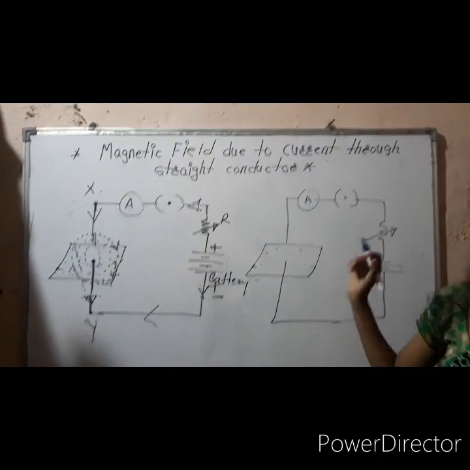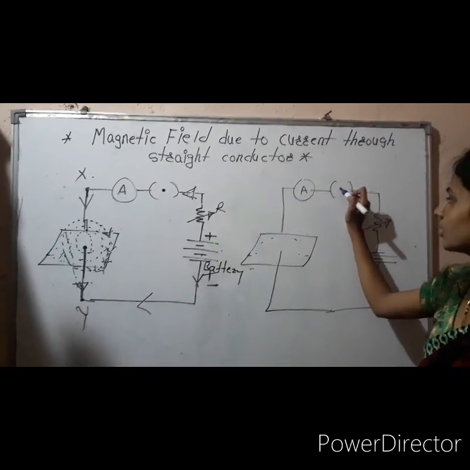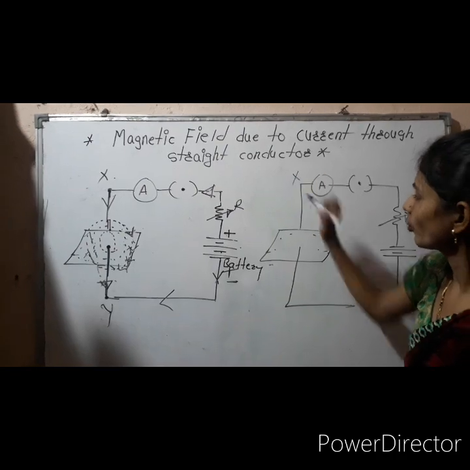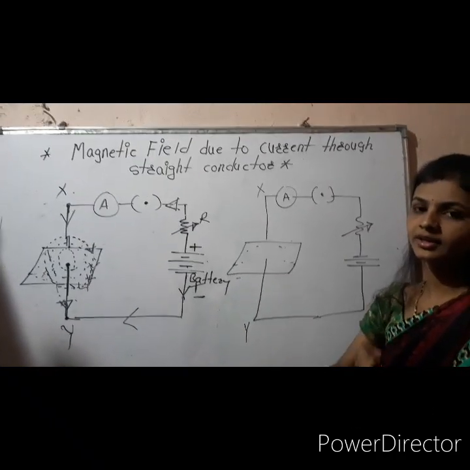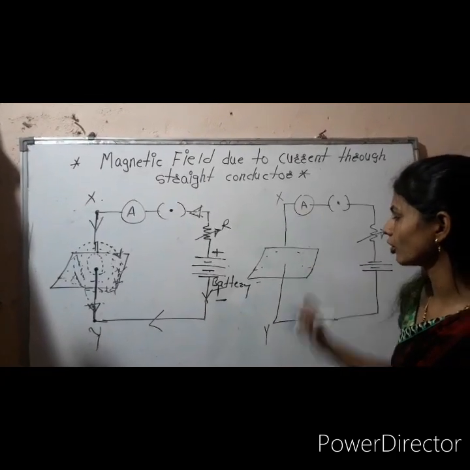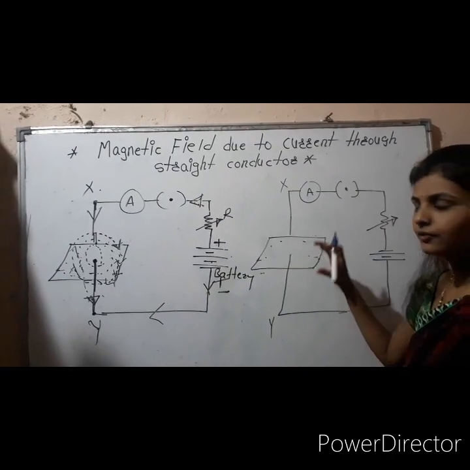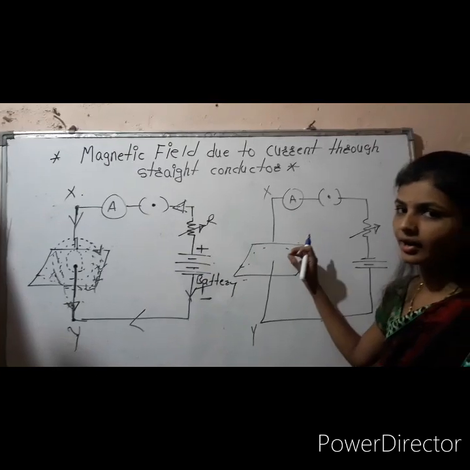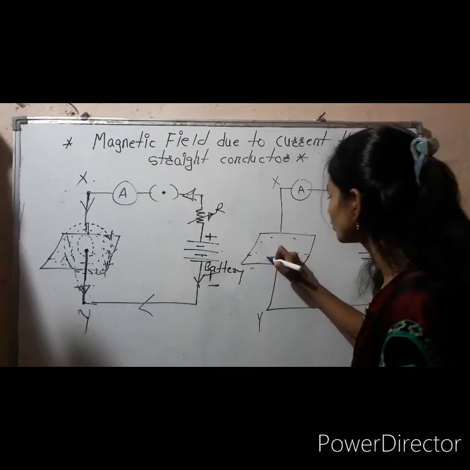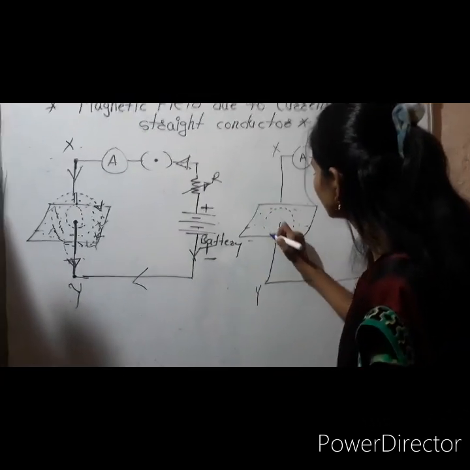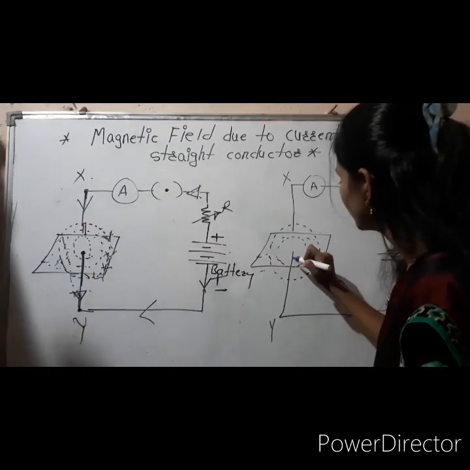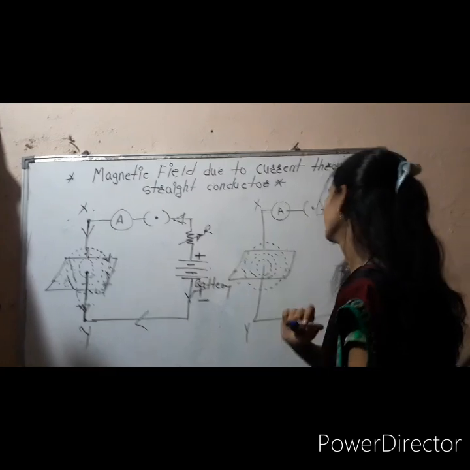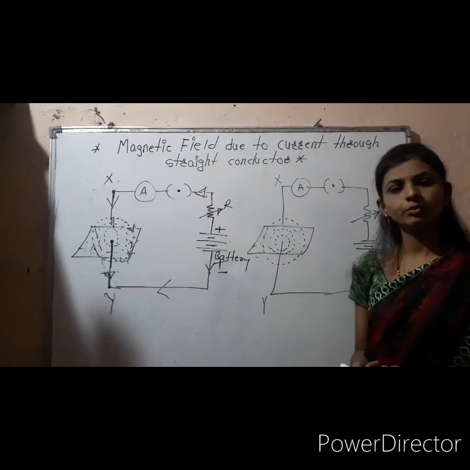So when we switch on the supply, what will happen, the current starts to flow through the points X and Y. This is a rod. Whenever the current starts to flow through the rod, the iron filings present on the cardboard start to make a circular loop around the rod. Okay, here the circular loop has formed.